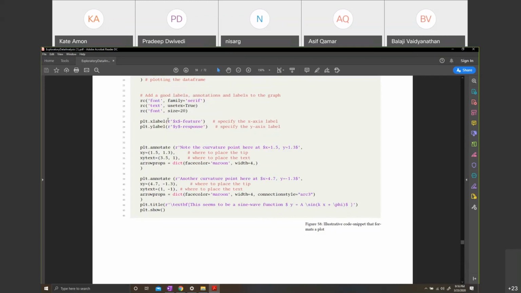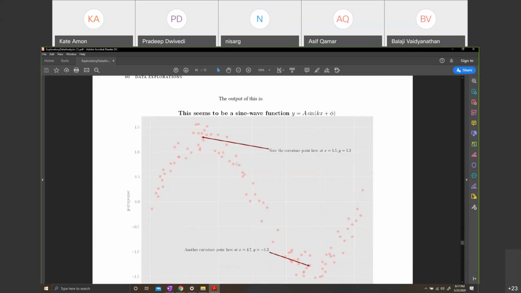But notice here, we have done something strange. We have put r before it. When you do that, it is interpreted as something written in LaTeX, in the language of LaTeX. And this $x$ is LaTeX syntax. What it says is x is a mathematical term, y is a mathematical term. So write x and y in mathematical notation. And then I'll give you an example of what it produces.